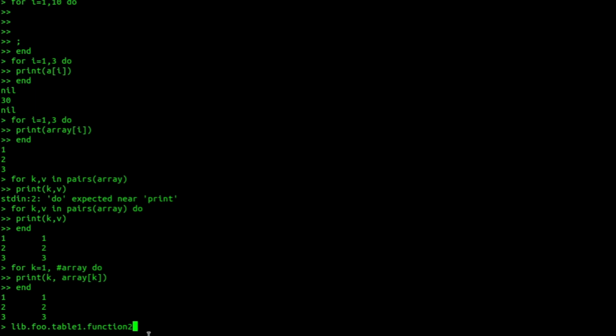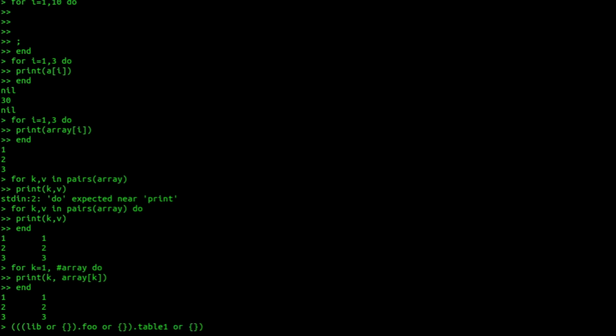So to have safe navigation in Lua, we can use this expression. We can say lib or an empty table, dot foo or an empty table, dot, what I typed earlier, table1 or an empty table.